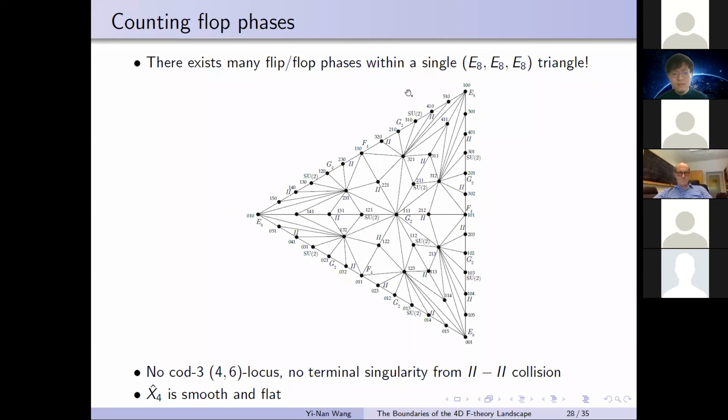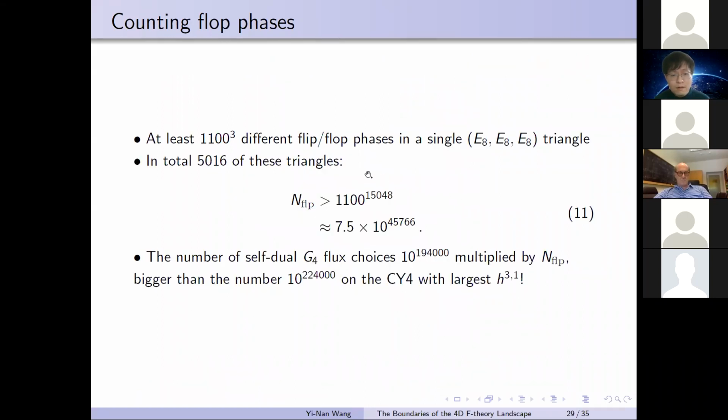And on this particular triangulation, it turns out that all the problematic things like codimension-3 and 6 loci and terminal singularities are completely removed from the picture. So in the end, the Calabi-Yau fourfold out of it can be completely smooth and flat. Okay. So I have proved that in a single reflexive triangle, there are at least more than 1 billion different flip